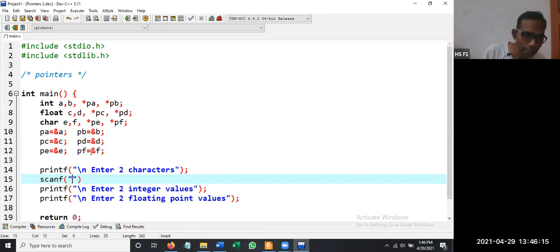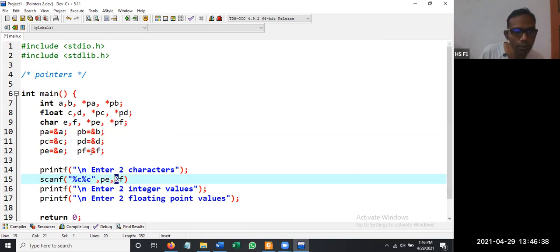So as per yesterday's class, percentage C, percentage C, we are accepting characters. If you are accepting values into variables, you would say percentage E, comma, ampersand F. If you are using pointers, you should not use ampersand because the pointer itself holds the address.